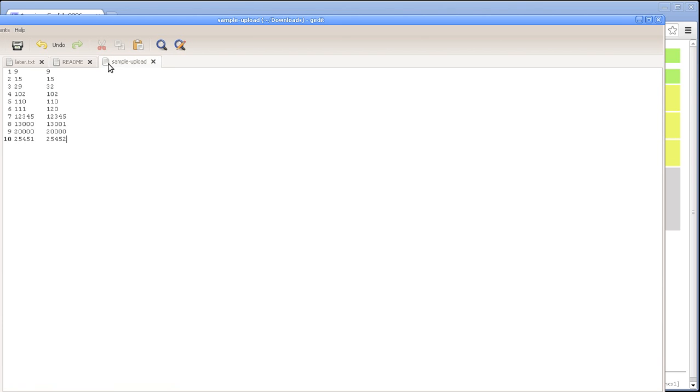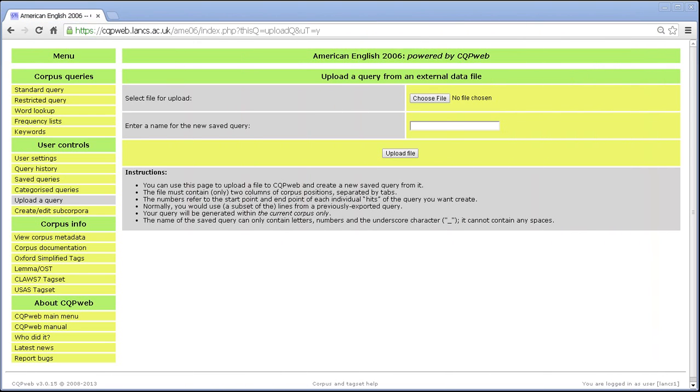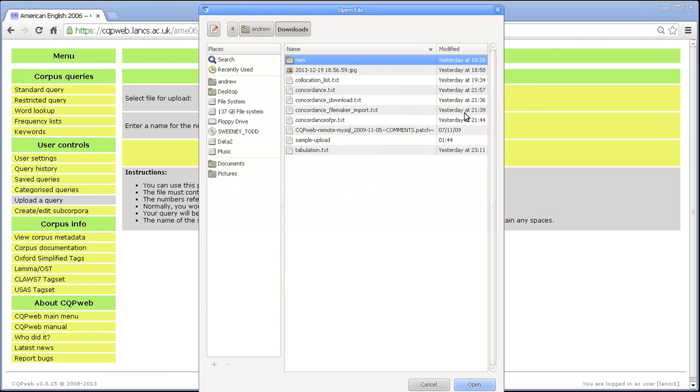So let's save that file. So that text file is now saved. So let's call this random rubbish, which is what it is. You have to fill in a name here, and then choose a file to upload. Now this will look like the normal upload function for your